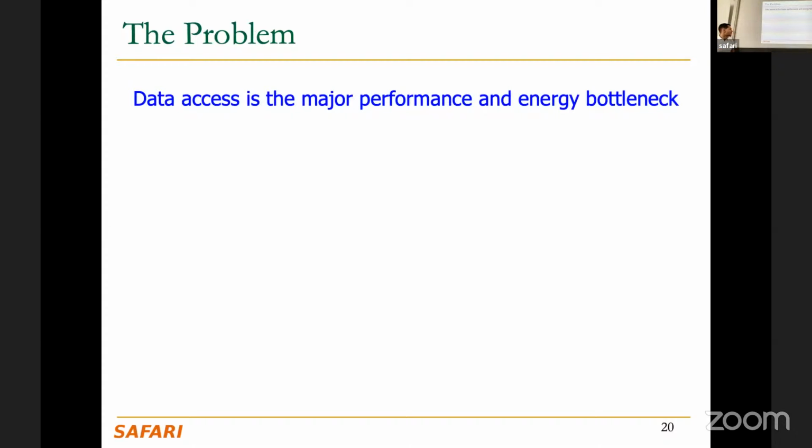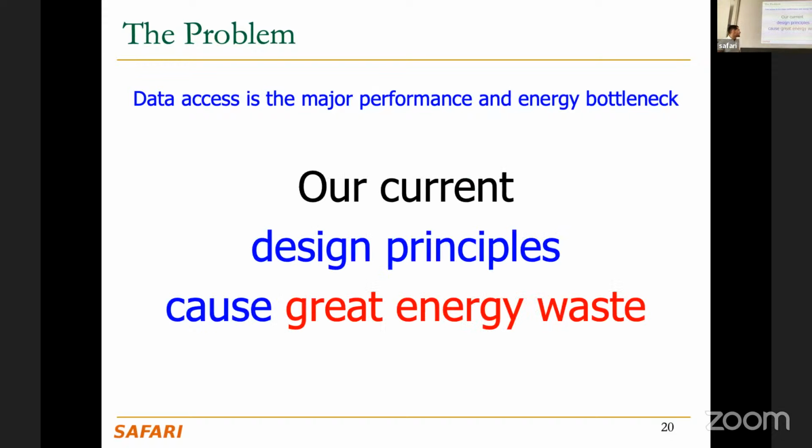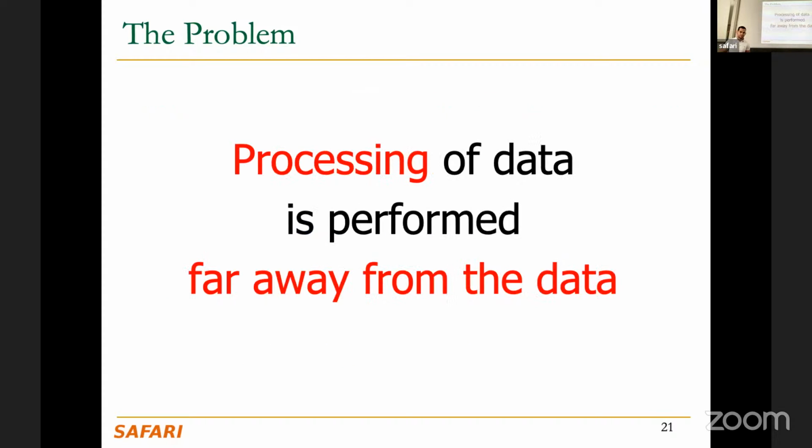So the problem is that data is the main bottleneck in terms of performance and energy in today's systems. And this is caused by the way that we are designing the systems. We are following this von Neumann architecture, which separates the system into compute, storage, and communication, leading to imbalance in the system, and to energy and performance loss. So just to summarize,